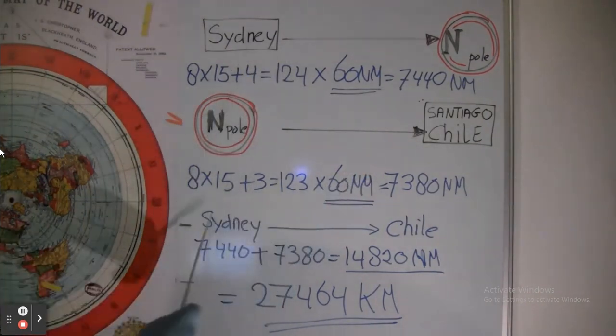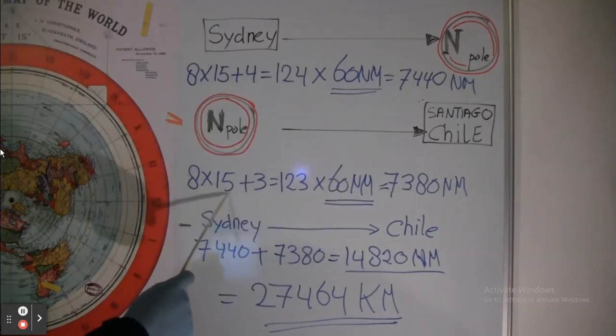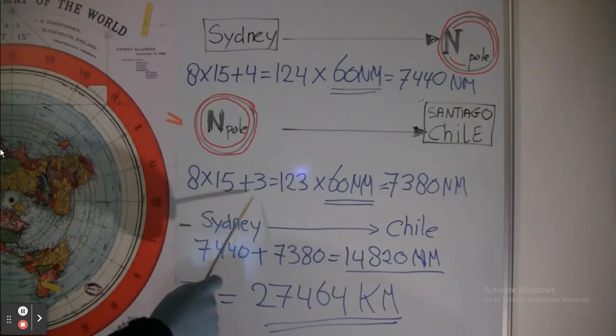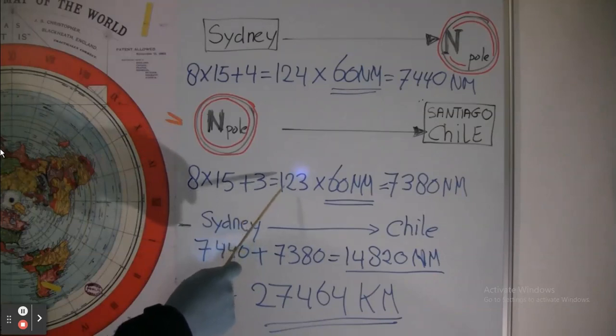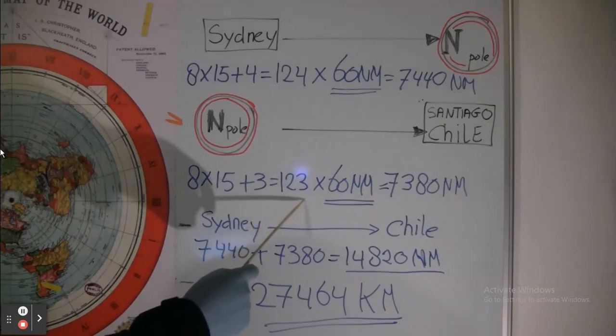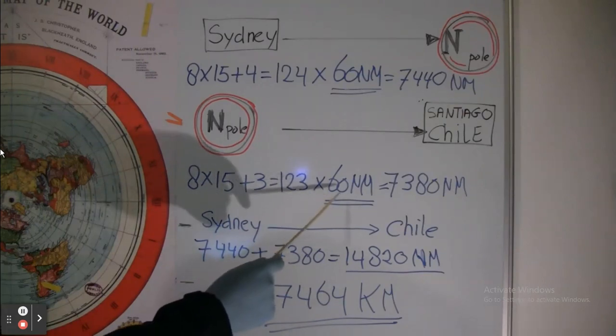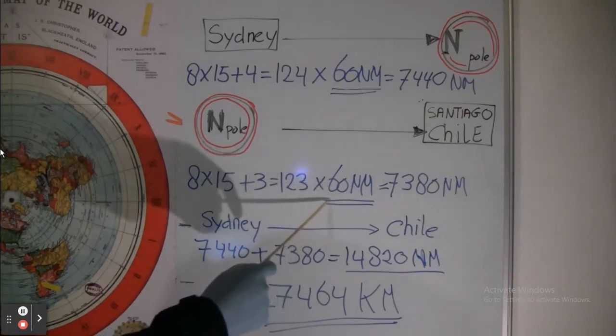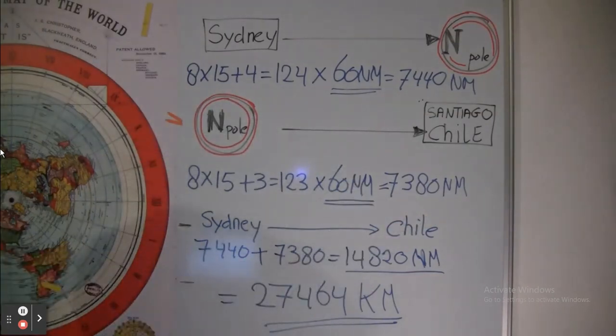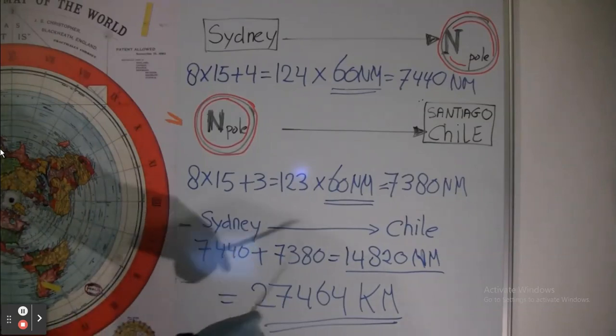The distance is 8 times 15 for the latitude lines. It's 8 times 15 plus 3 to reach Santiago. That makes a total of 123 degrees. Multiply it by 60 nautical miles and you get the real distance. That's 7,380 nautical miles. So the total distance from Sydney to Chile is